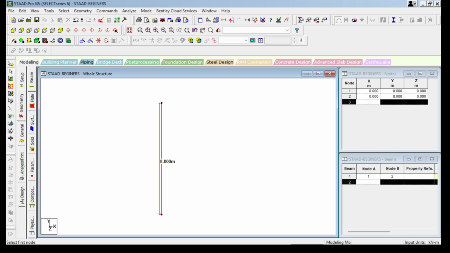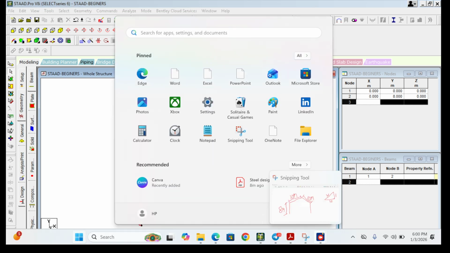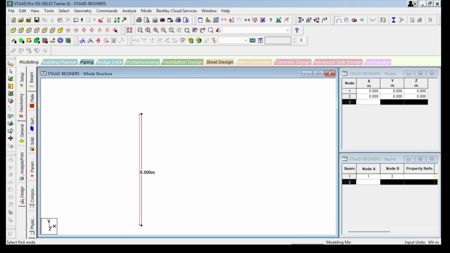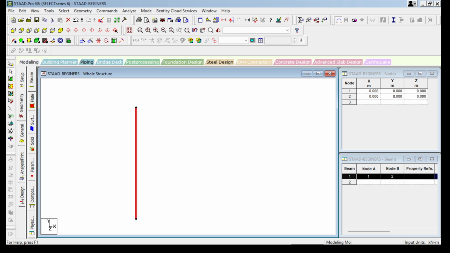Now the next thing is the distance between the two stanchions, which is 10 meters plus 10 meters, that is 20 meters. How do we go about that? Let's go back to our model. Let's click on this, then copy and paste.